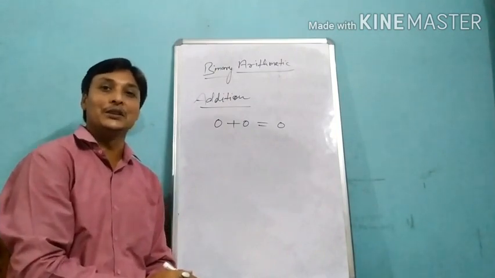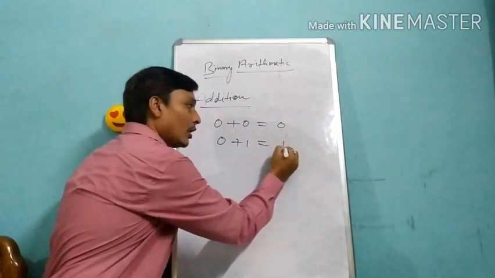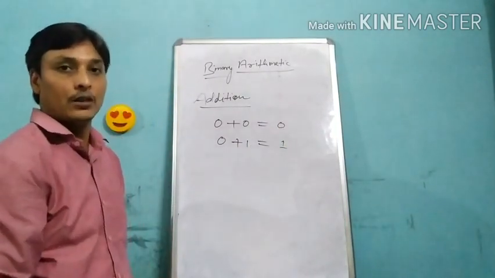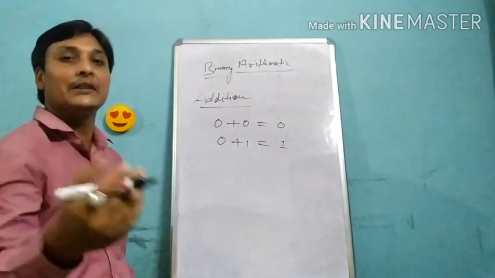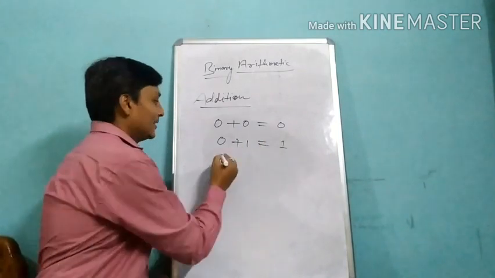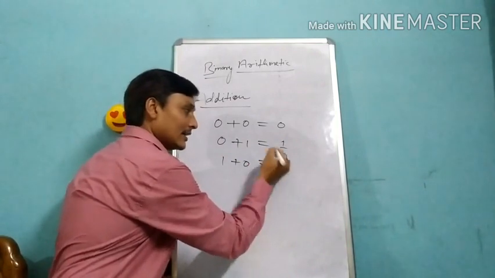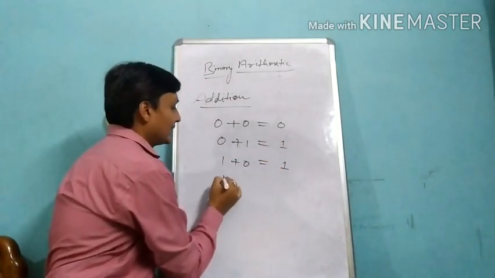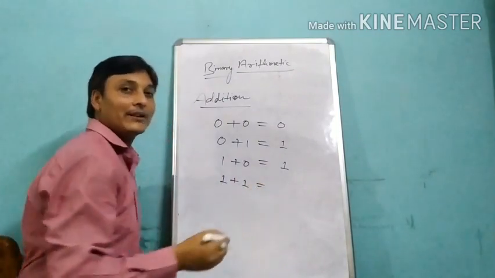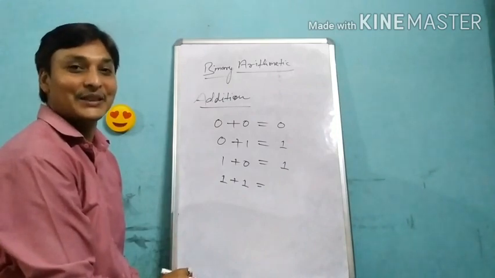0 plus 0 equal to 0. 0 plus 1 equal to 1. It is already given in your book also. If you want to take the help of that book, it is given, so it would be more convenient for you and for me. 0 plus 1, 1. 1 plus 0, 1. And students, you know in maths 1 plus 1 will be equivalent to 2. But here it will not be equivalent to 2. It will be equivalent to 10.